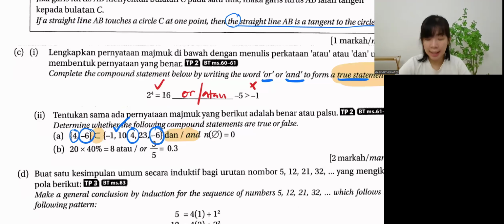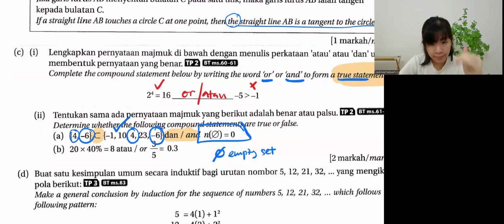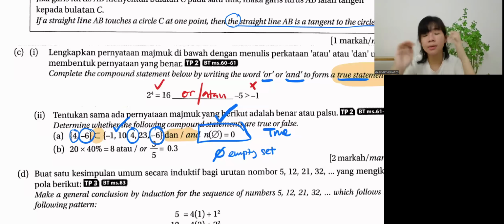Okay, so it's true. Then the second part, this one, true or false? This symbol is the empty set, set kosong. The number of elements for the empty set is 0. Already say it's empty set means nothing inside. Nothing inside. The number of elements is 0. So this is also correct. So this is true. Yes. Empty set means don't have anything. So it's 0. The number of elements is 0.